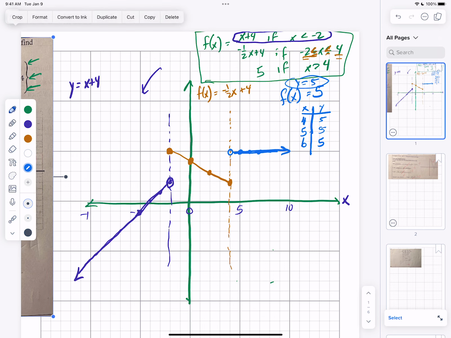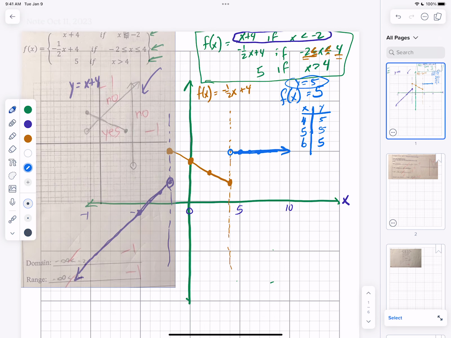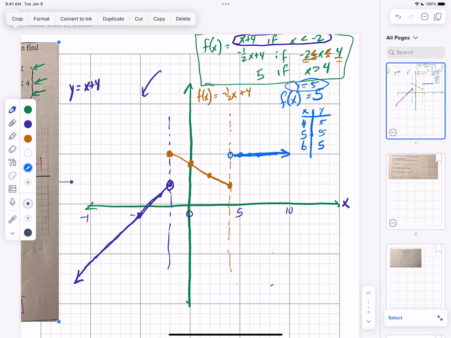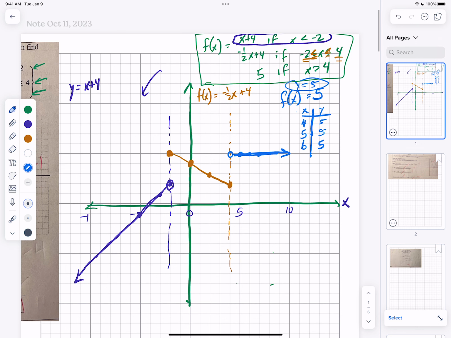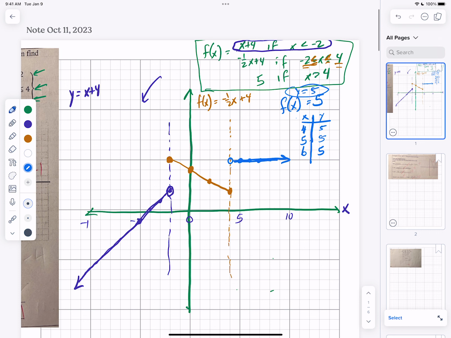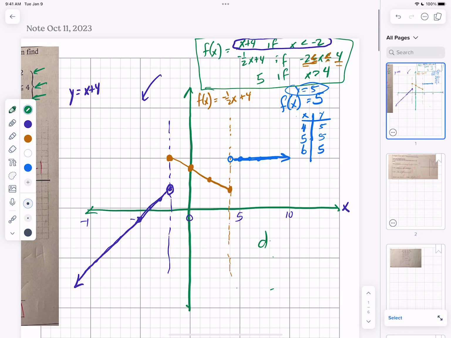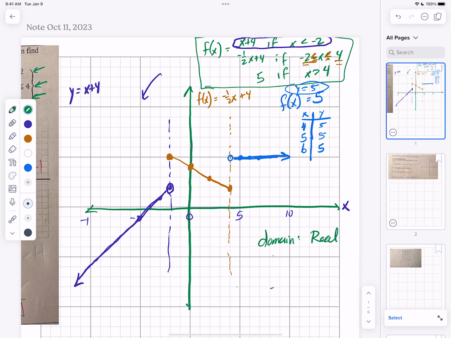Okay. And then down here, it's asked for the domain and range. So our domain is x's. I don't know how your teacher likes to do this, but your domain is all real. X is an element of reals. He may also have you do it like this, negative infinity to positive infinity, something like that. Now your range